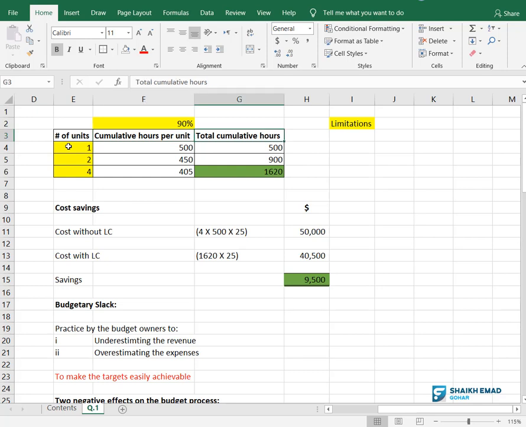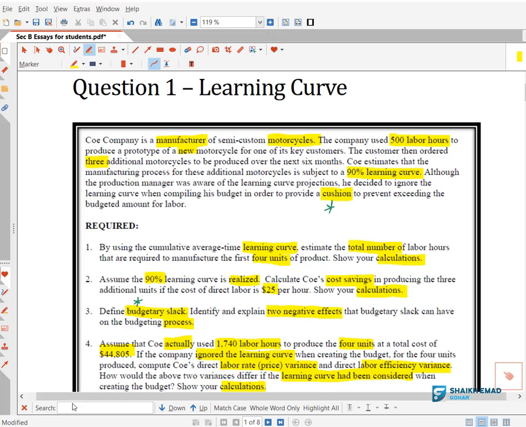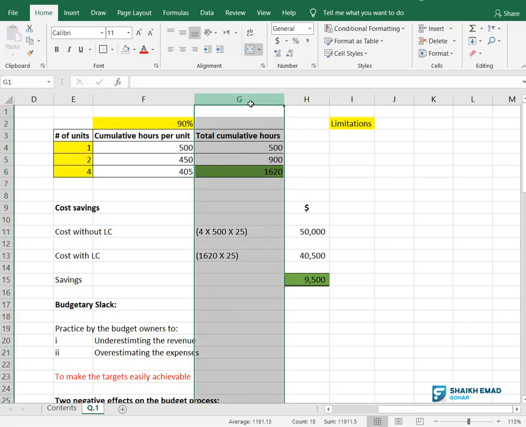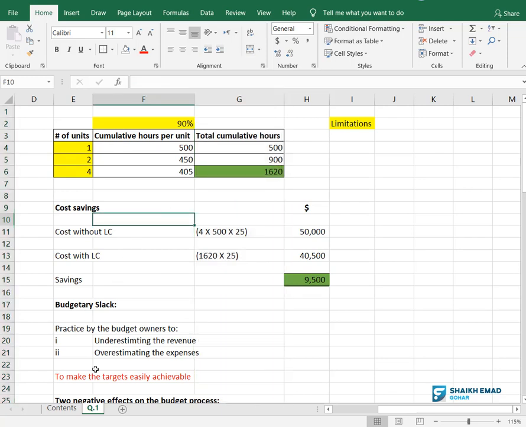Okay. Now the third column is total cumulative hours. If you remember in the requirement, they said calculate total number of hours. They are not asking you per unit. If they ask you per unit, you will only make these 2 columns, that's it. If they ask you total hours, you need to make all 3 columns, because this is our requirement basically, the third column, because total hours is the third column. Okay, so what they asked you basically,